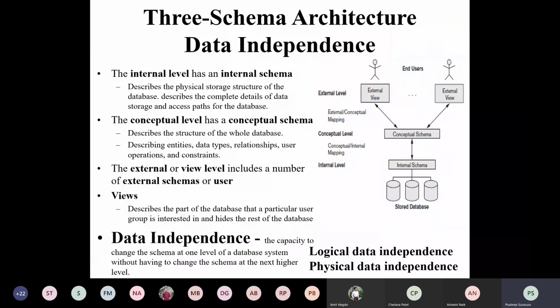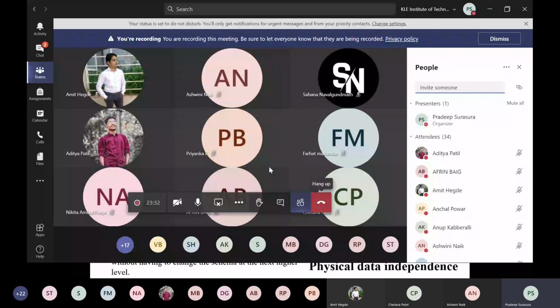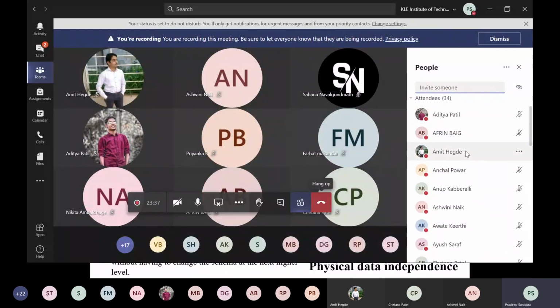So one simple question I want to ask you guys. How many of you are aware that when you ask for one page of data to be displayed from Google or any other web source, how many servers will interact at the backend to give you service? I repeat my question again. Yes, Amit, you're answering? Many servers, sir.